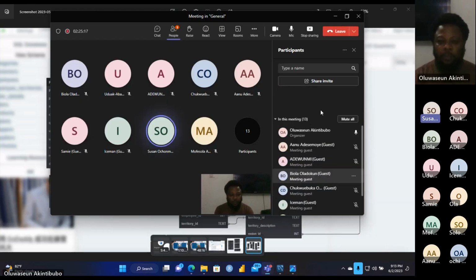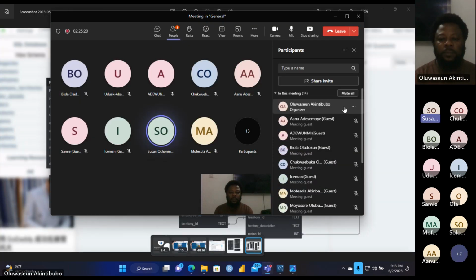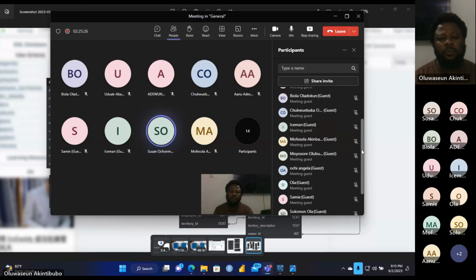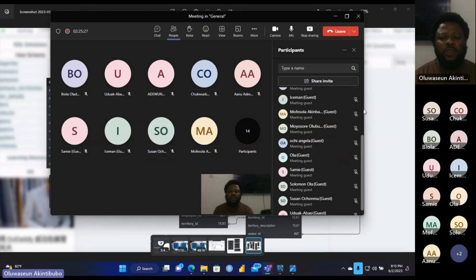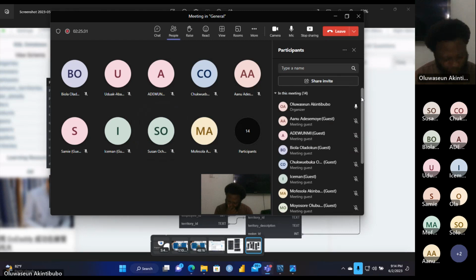So then there are some that have the same data types, but the constraints were different. The constraints are different. How? Let's say probably in one I use